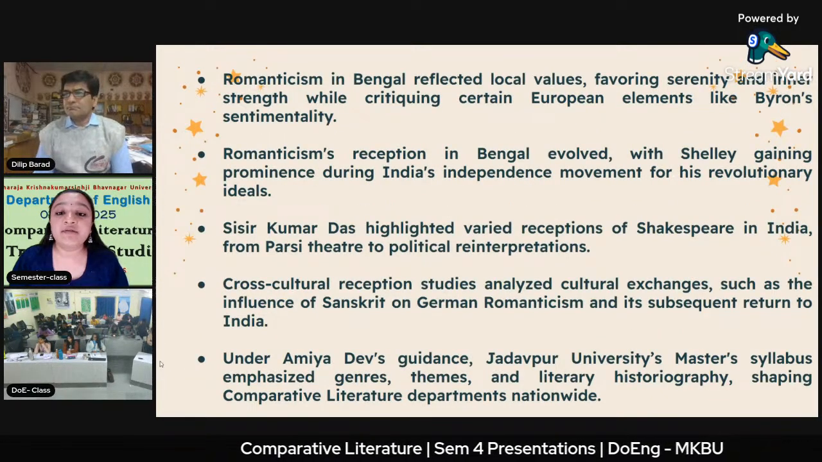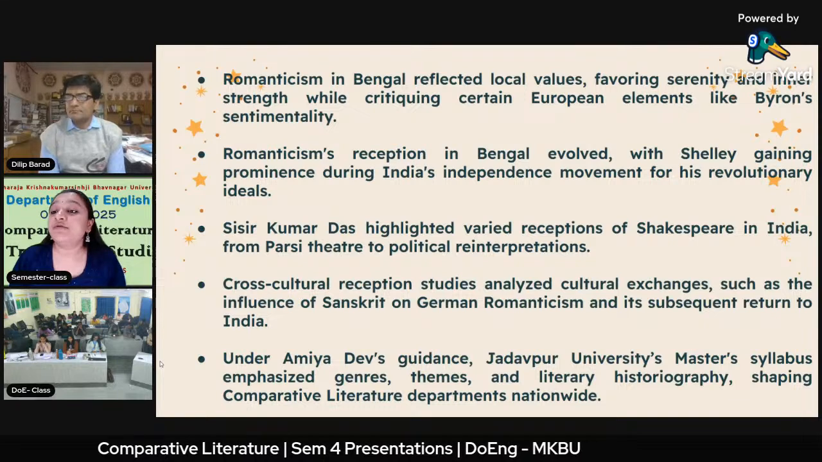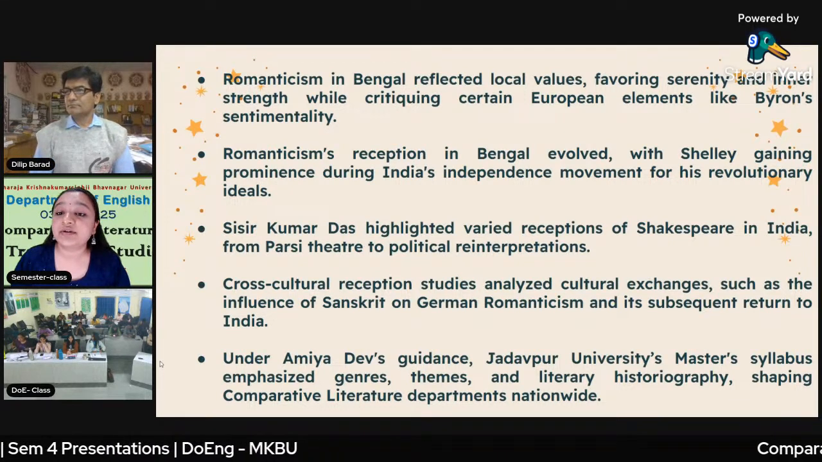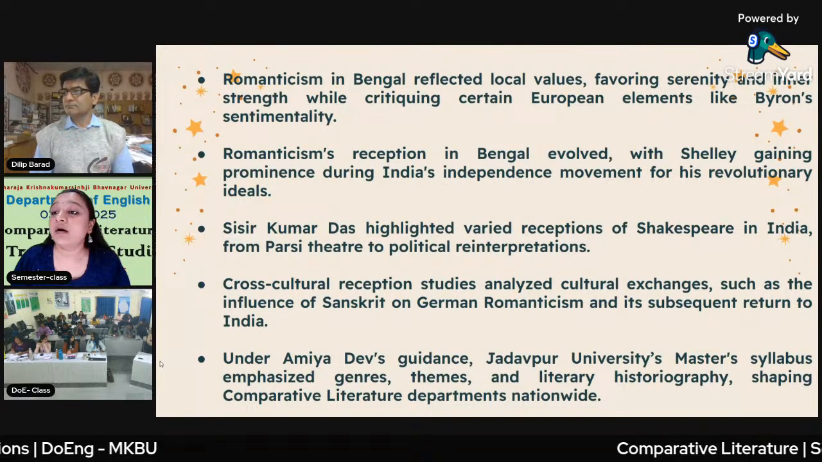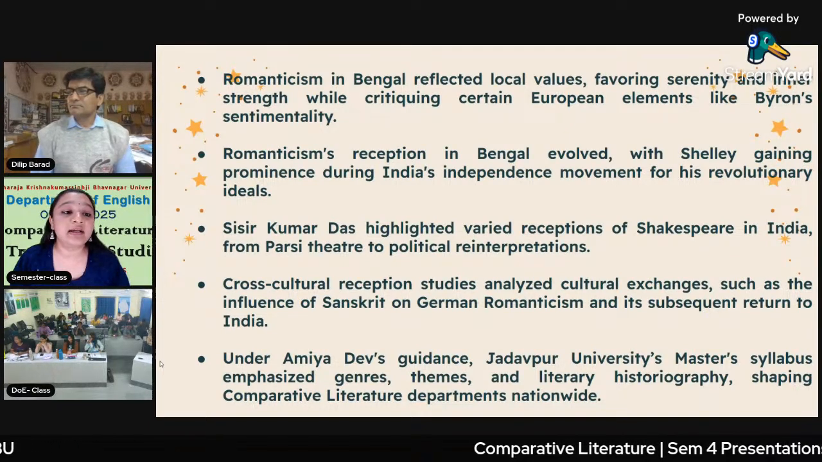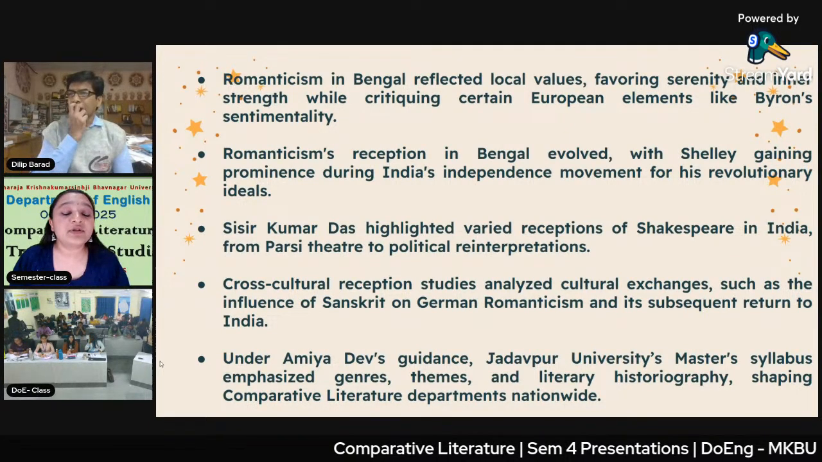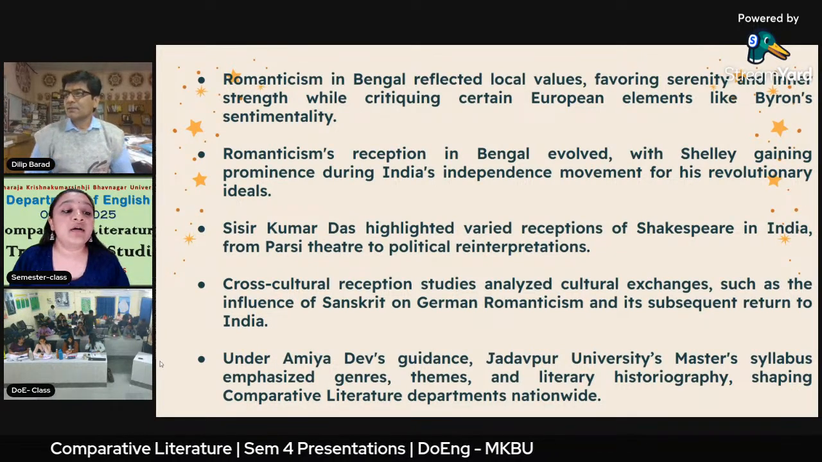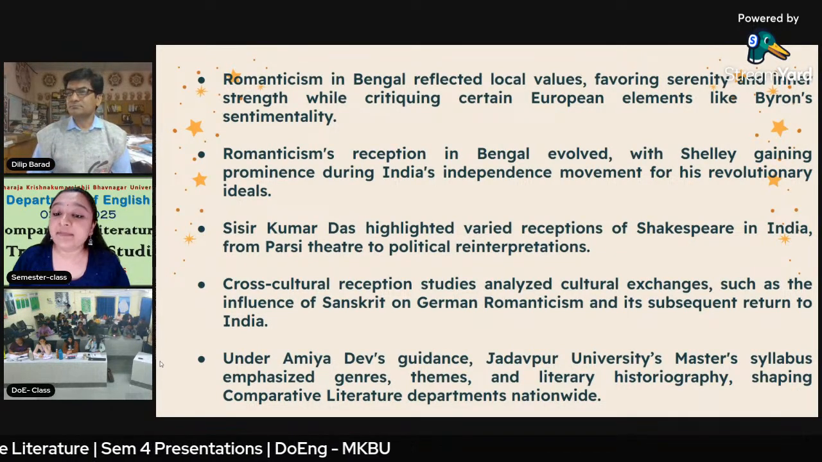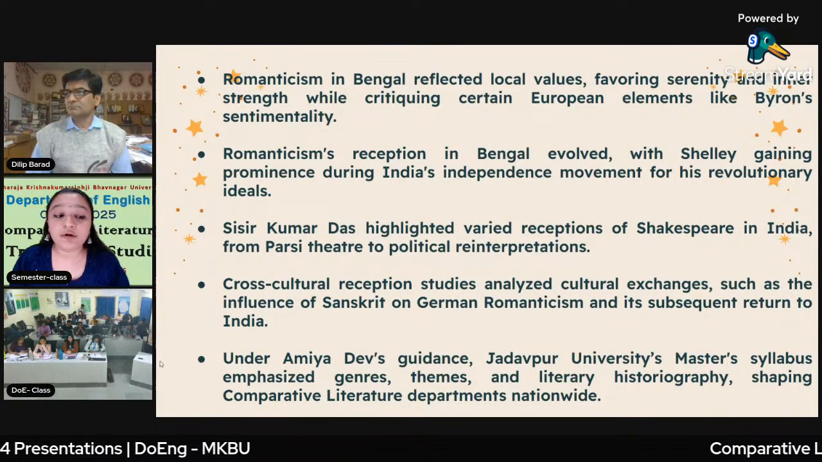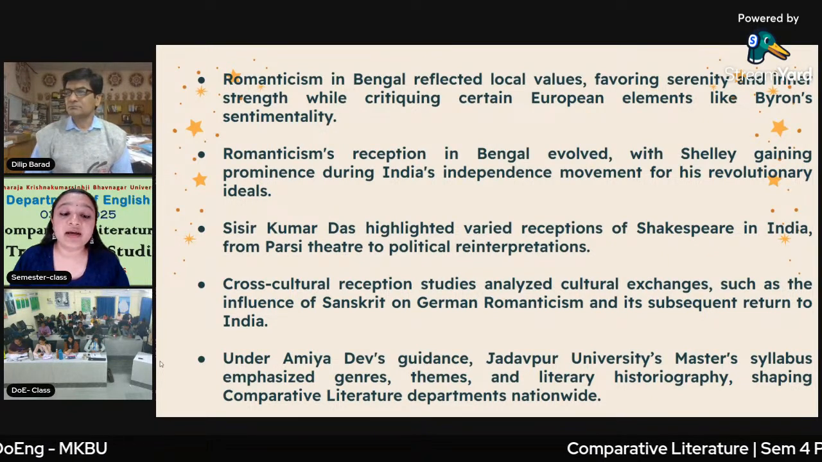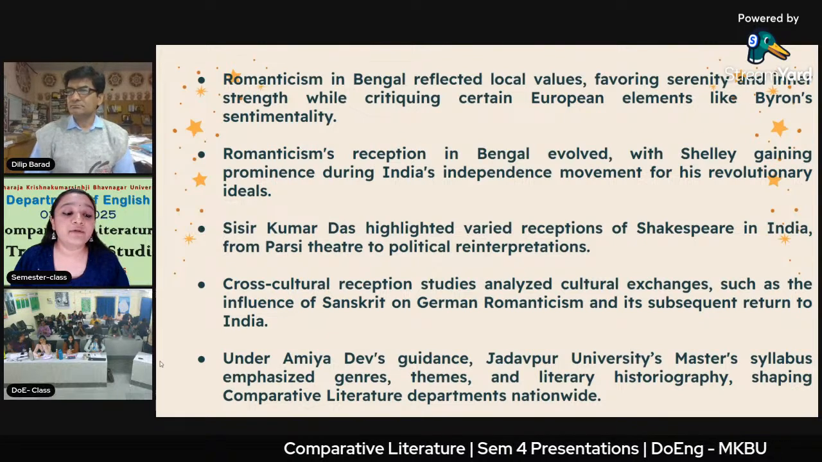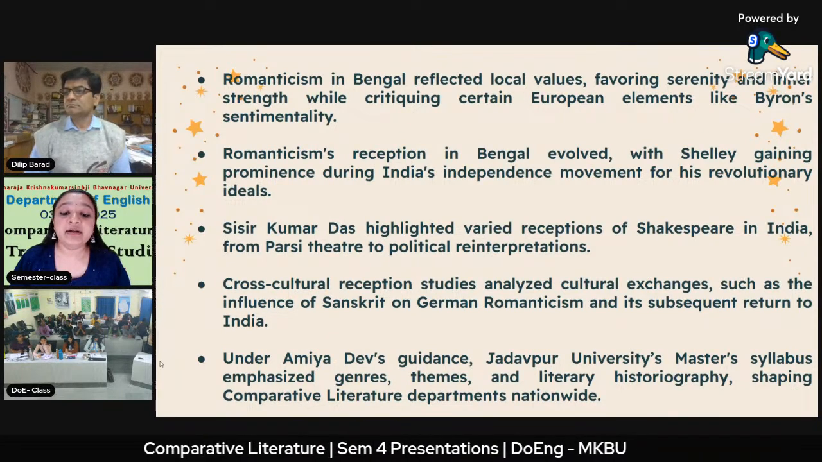Romanticism in Bengal reflected local values, which favored serenity and inner strength while critiquing certain European elements like Byron's sentimentality. Romanticism's reception in Bengal evolved, with Shelley gaining prominence during India's independence movement for his revolutionary ideals. Sisir Kumar Das highlighted the varied reception of Shakespeare in India, from Parsi theatre to political